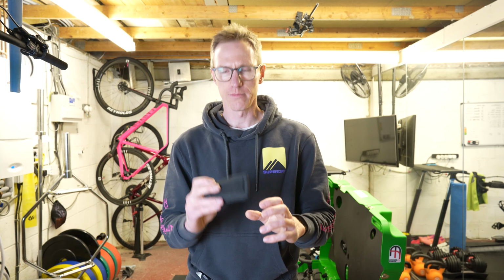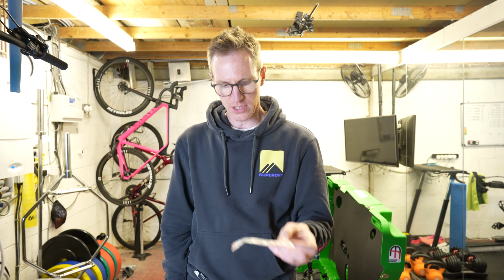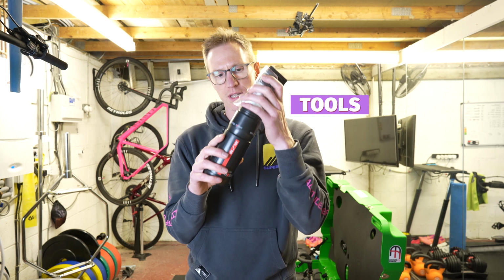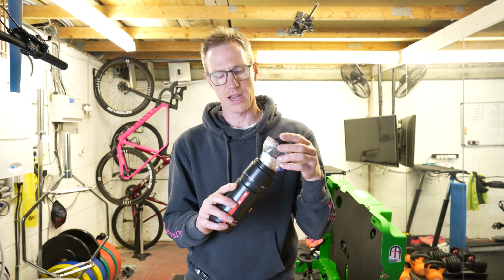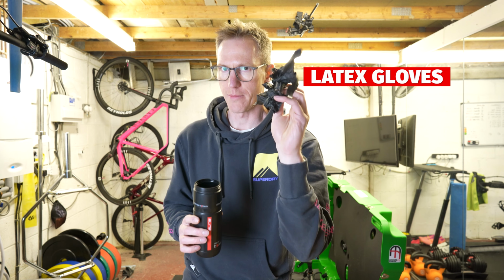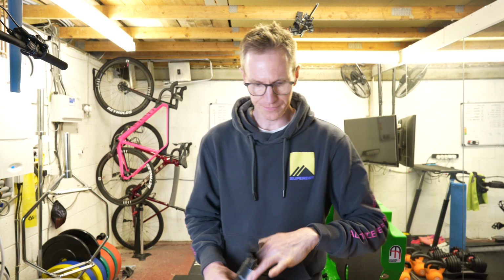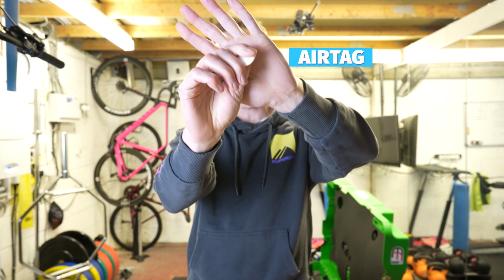So that's a little multi-tool, torque wrench, torque it up. A little bit of assembly paste, you never know, just in case the seat post slips. So tools in a little container, stick that in the bottle cage. Oh, mustn't forget my little latex gloves so my hands don't get dirty. Put those in there. And the one other item I am going to include in there is an air tag,